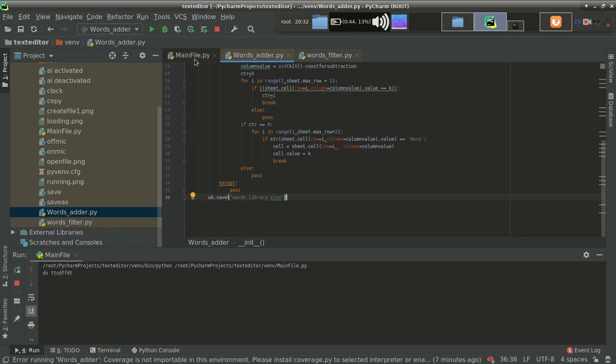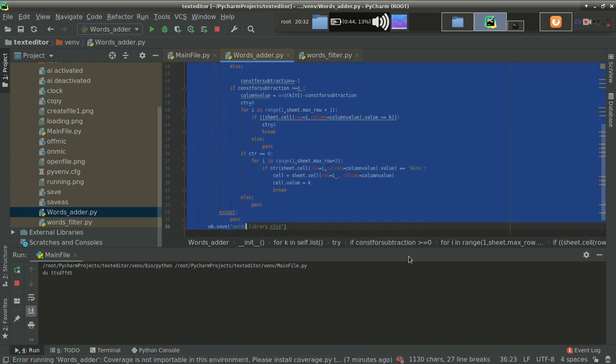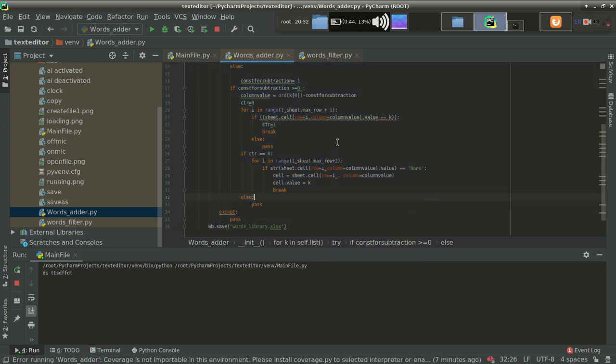So this is the main file, and let's understand again a quick recap. Here I am getting the string, and I am converting that string into a string also, but this time it is globally initialized. And here I am starting a worksheet, and using these conditions I am adding to that file. You can also watch this video again if you find any confusion. I have explained every step, why I have chosen this line, so you can verify from that.